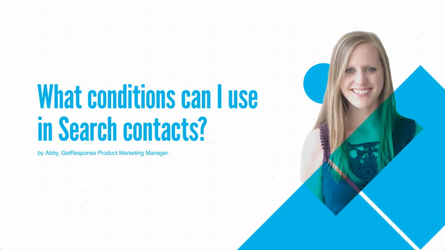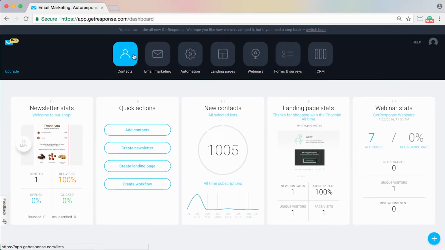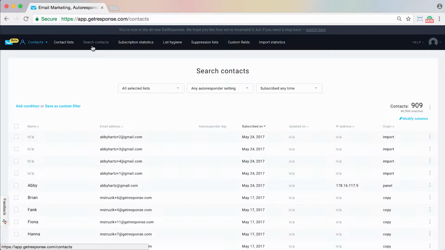There are lots of ways to view and search within your contacts. We can do that by going into the Contacts feature space and then choosing Search Contacts, either from the left side here or up top. It's totally up to you. So we'll go to Search Contacts, and by default it will bring up all of the contacts currently in my